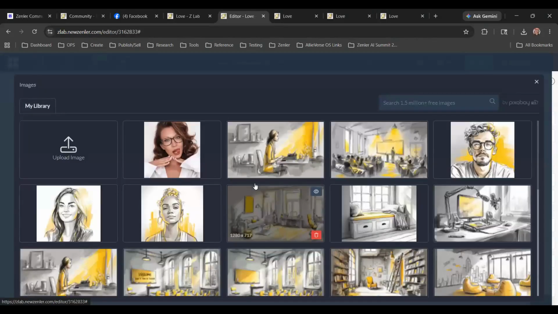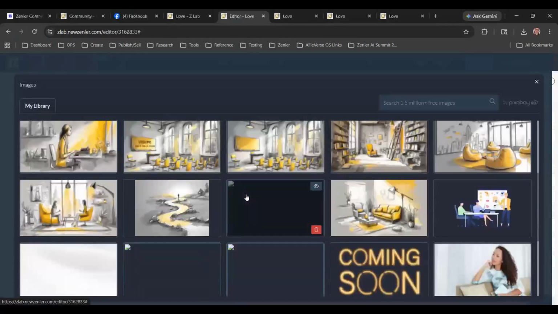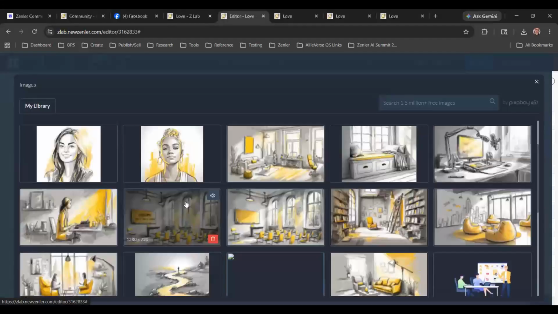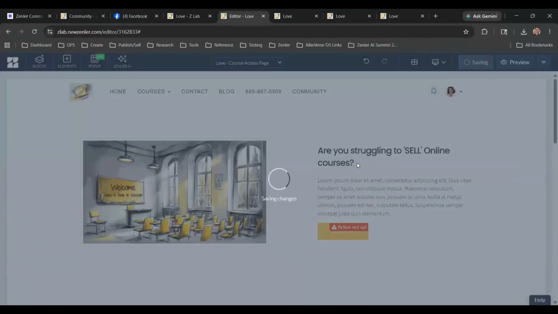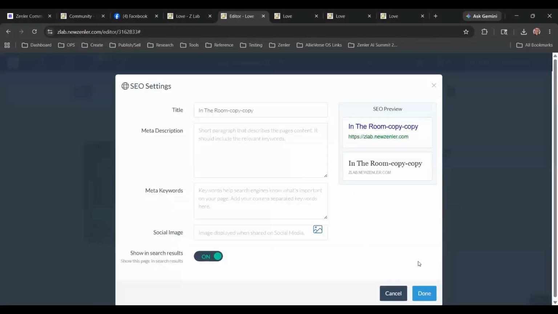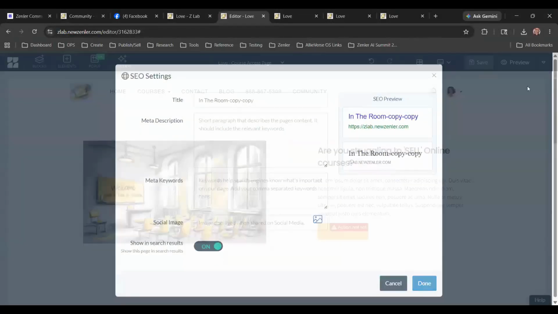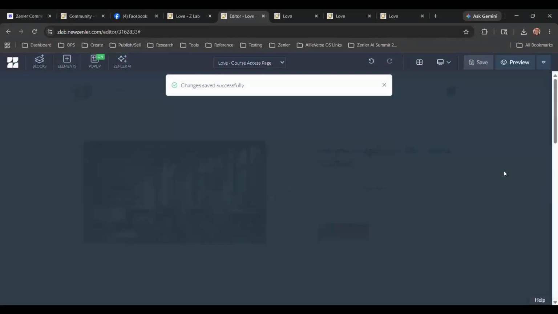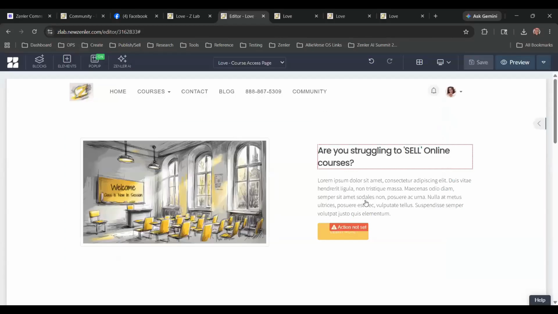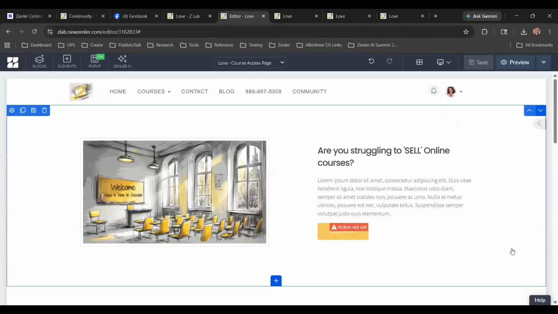Now I would go ahead and swap out their generic image for an image that at least matches your brand and what you're doing, because the code is going to matter a little bit. So you have this, and then you're going to get your SEO. Definitely fill that out. Save. So just get a block, get it somewhat basically designed with your brand. Make sure your colors and whatnot are on there.